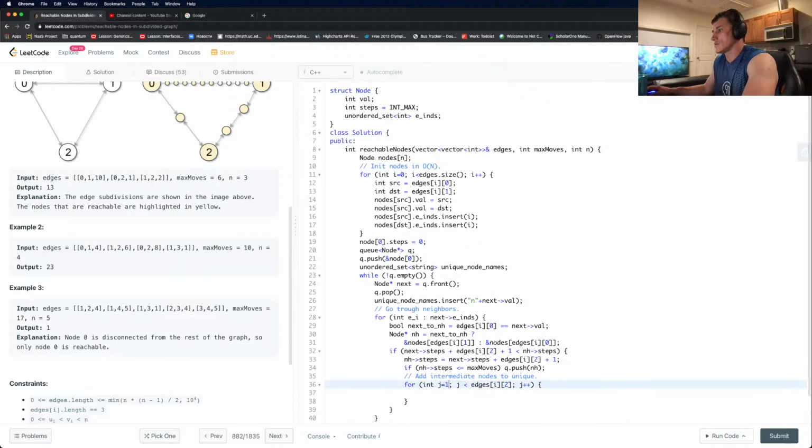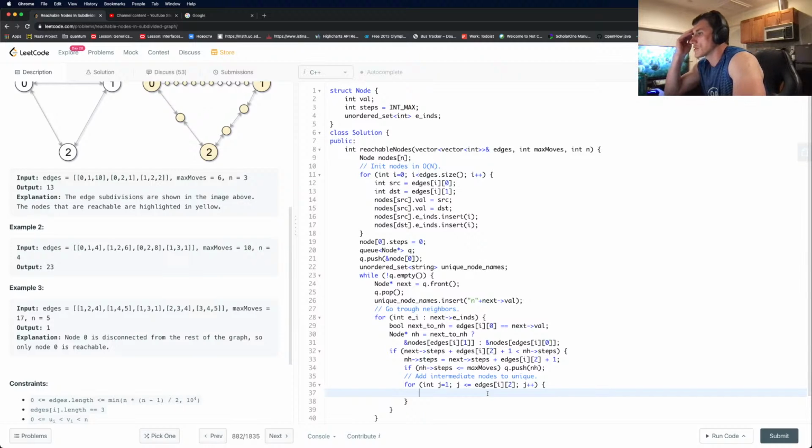So it's 1, and cnt is included in this case. So we say only this thing. It really only affects the name, technically, if next steps plus j, right, is less or equal to max moves,